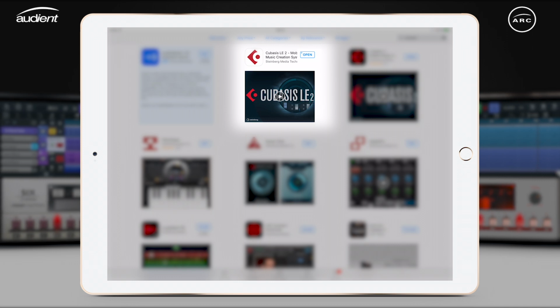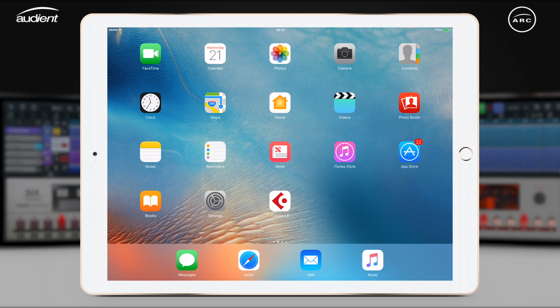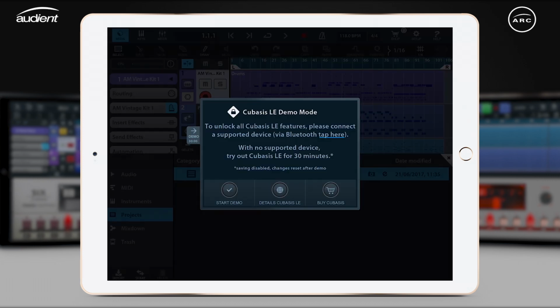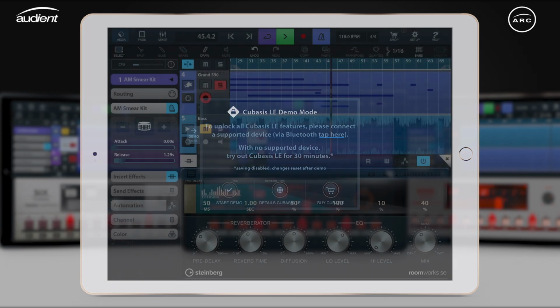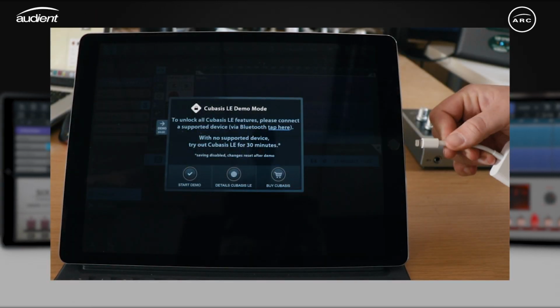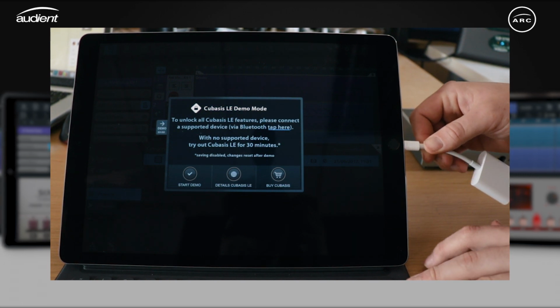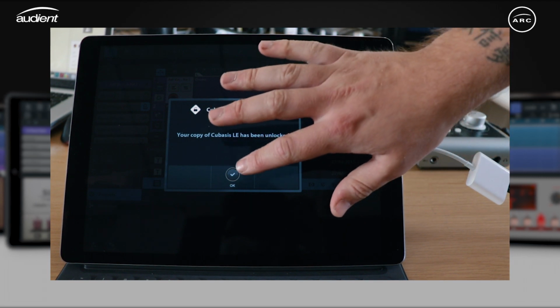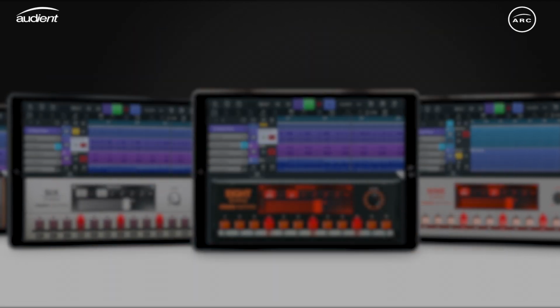Once it's downloaded and installed, you can just hit the Open button or go back to your home screen and open the app from there. If you open it and iD4 is not connected, Cubasis LE will open in demo mode, which gives you limited features. All you have to do is plug iD4 in and Cubasis LE will unlock itself and give you access to all the features. If you want information on how to actually set up iD4 with an iPad, you can